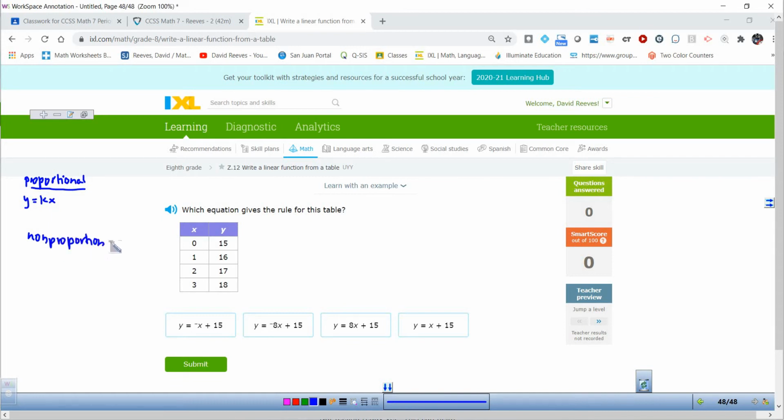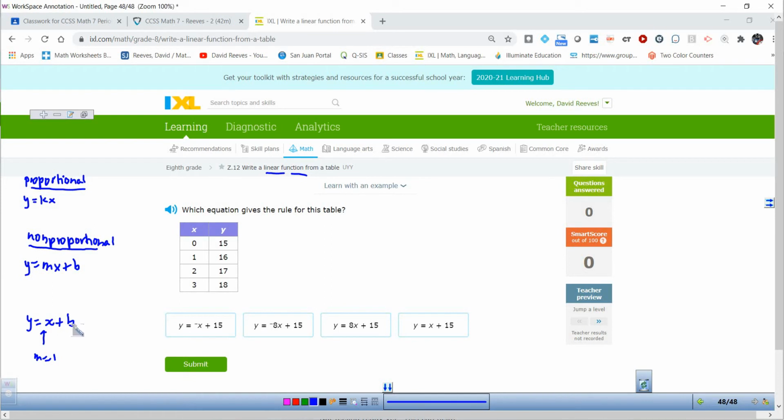non-proportional relationship, which we have just started talking about, and we said that for that, y was equal to mx plus b. In that case, we were still multiplying by something, but we were adding or subtracting. Okay, so when we are writing these linear functions, it's either going to be multiplied by something or it's going to be multiplied by something and added. Now, I just want to bring one more thing to your attention. If that value of m is 1, then it's simply going to be adding or